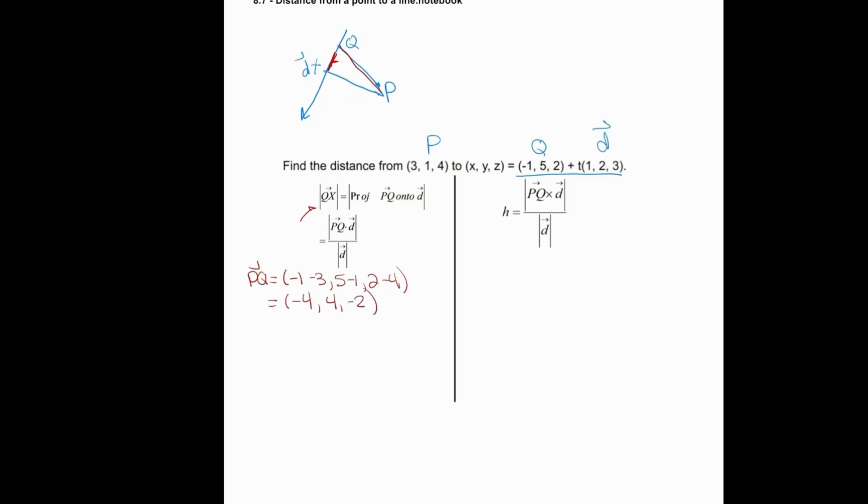Now, I also know my direction vector. I have one because it's given to me with the line. So I have my direction vector of 1, 2, 3. Now I can plug this into my equation to get the magnitude of this line segment right here. I can't stress that enough: we're not getting the answer yet. We're using this as a means to an end. So I am going to take the magnitude of PQ dot D all over the magnitude of D,